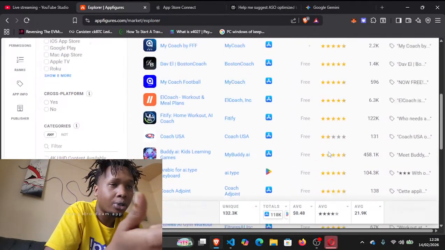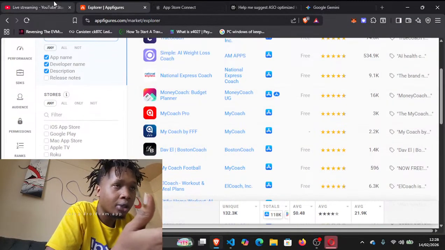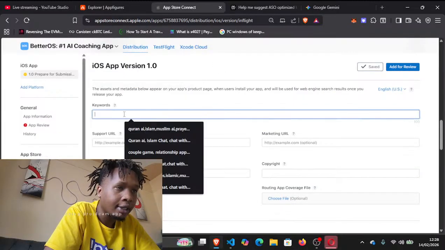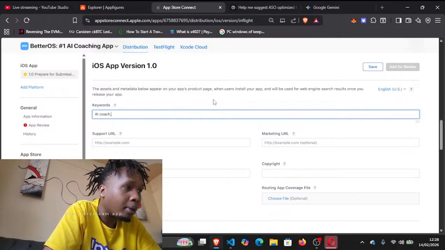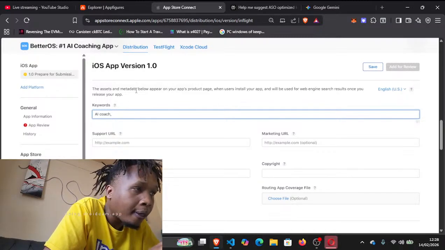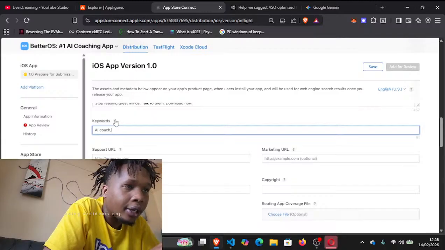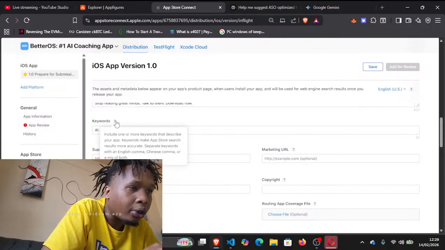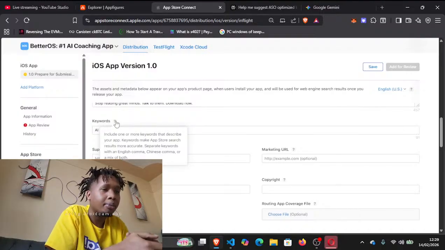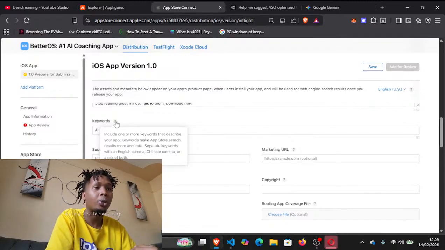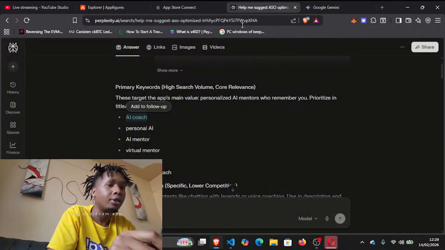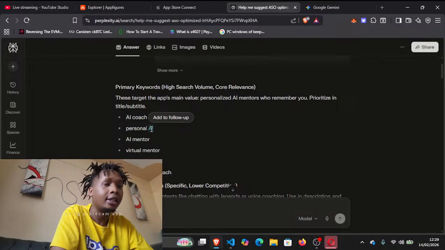So AI coach we seen does well. So actually we can add that. You need them separated by commas. Let's have a look here. Include one or more keywords that describe your app. Keywords make App Store search results more accurate. Separate keywords with an English comma, Chinese comma, or a mix of both. So I don't know what that means, but yeah, let's search for personal AI,